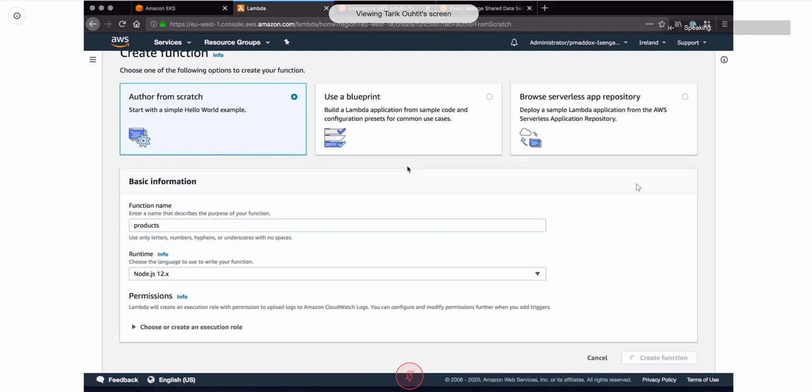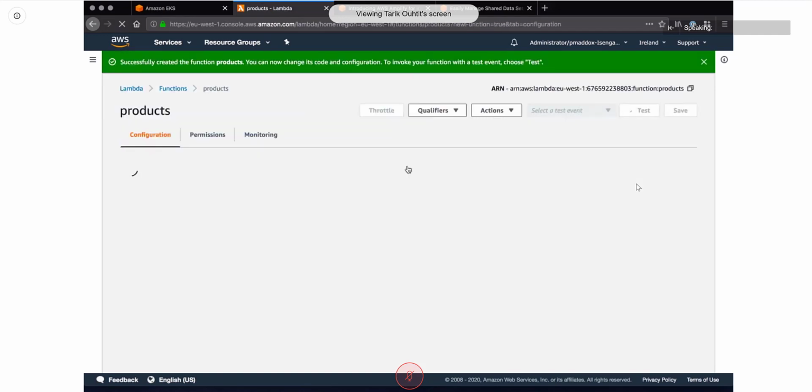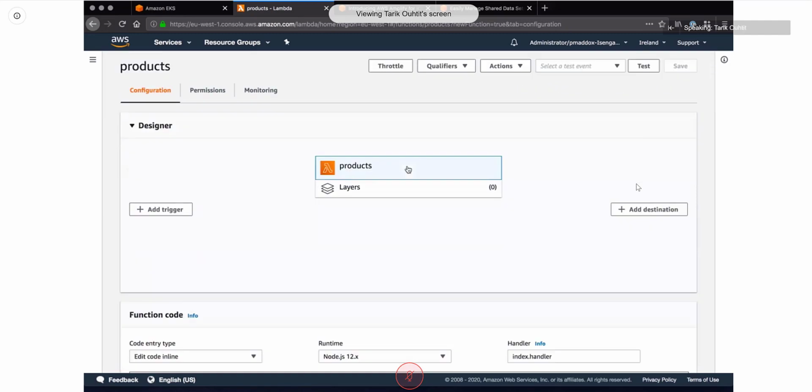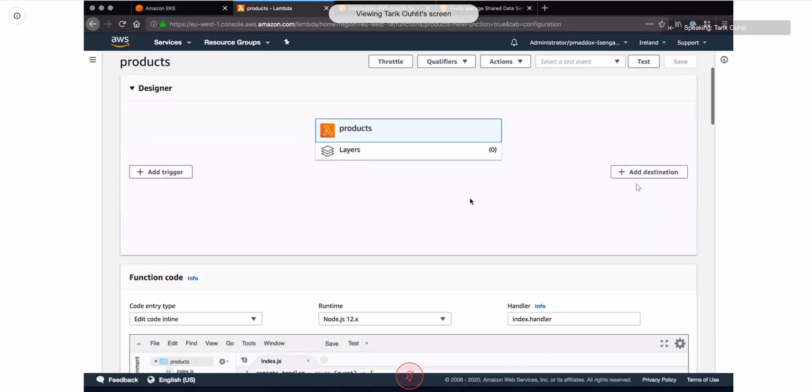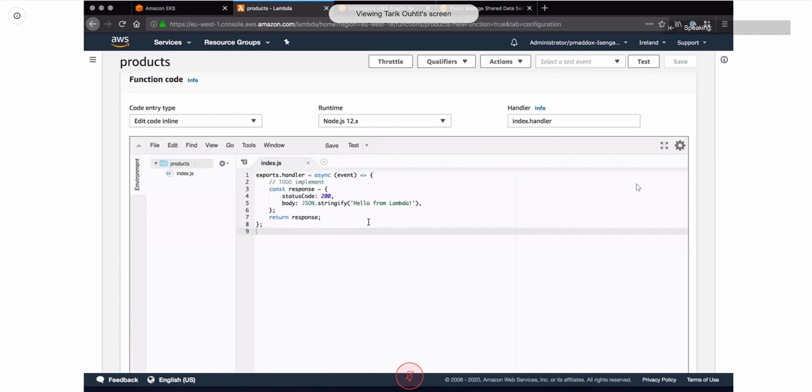I'm showing you here through the console, through the web console. We obviously have CLI tools, we have APIs, we have integration with your IDE, for example, that you can use here as well. This is just a nice way of showing you so you can get an idea of the functionality. So we've got our function here, products. And we can see the code for it. And because I chose start from scratch, this is really, really basic. It's just going to respond with a 200, and it's going to respond with this text.